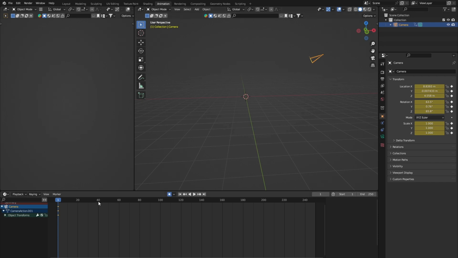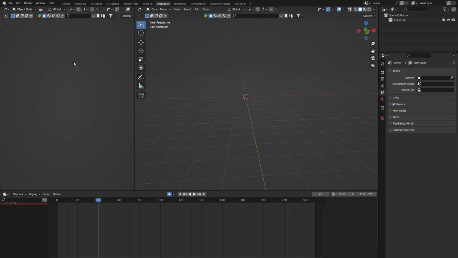So now if I go to 40 and I move this and I go back and play, it goes from right to left easily. But usually you use cameras, but today we won't be using cameras, we'll only be using this one. So to vanish or cancel a window like this, you click on this middle